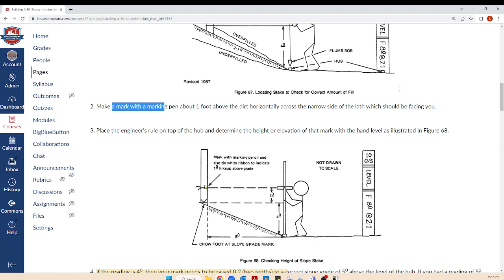If you want that mark to be 4 foot plus a 1 foot boot, your engineer's rule is graduated in feet and tenths of a foot. So for instance, what I want to see, I need a mark that's 5 foot up. So I just went up there and I put a mark approximately where I wanted it, about a foot above the dirt. And let's say that it read,